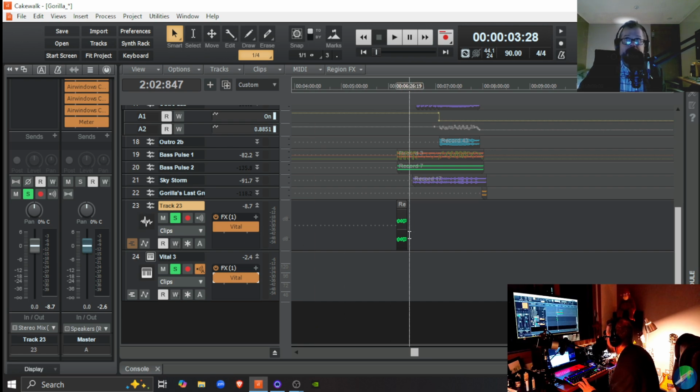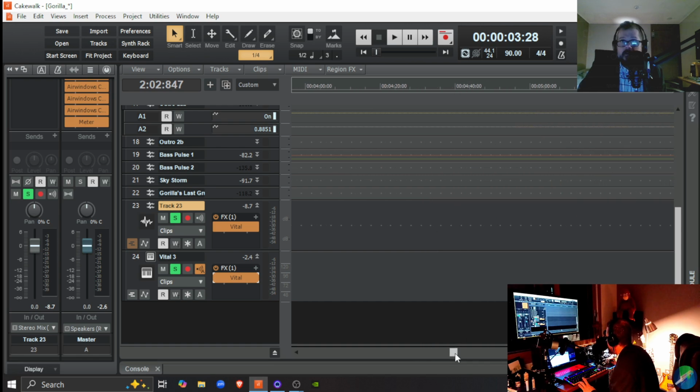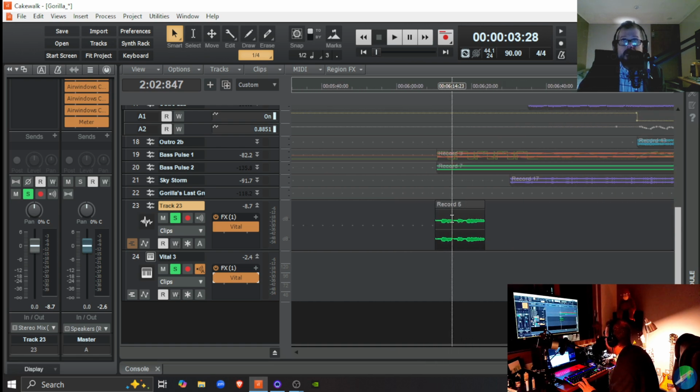However, in the regular instrument track, I got a waveform. I briefly tracked, I got a waveform. You see that? It's not a big one, but I got a waveform.